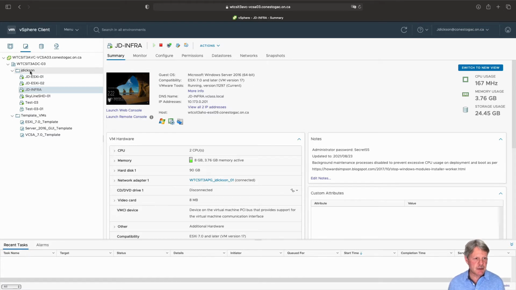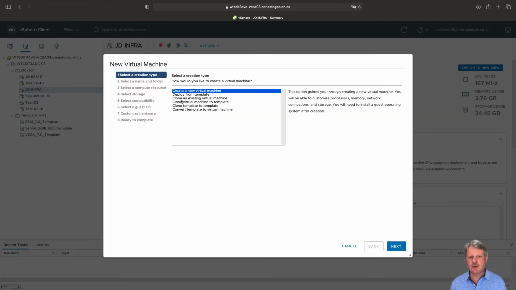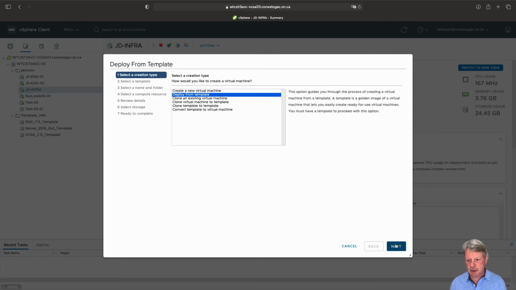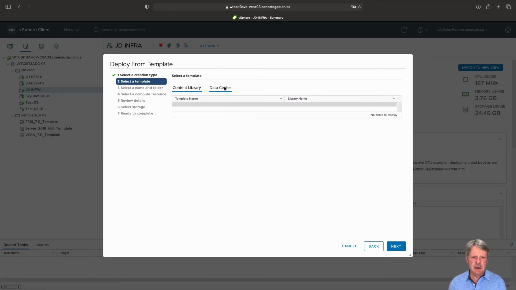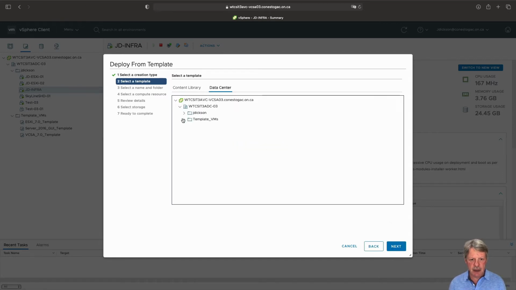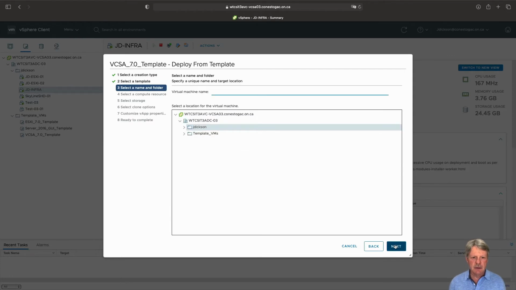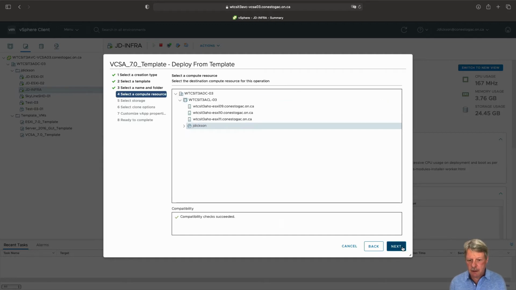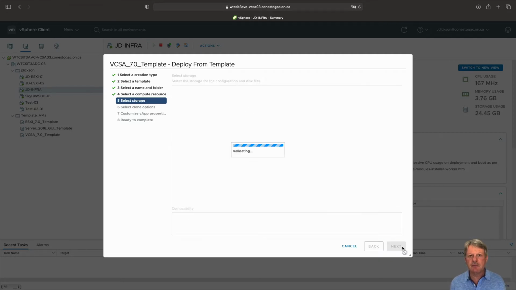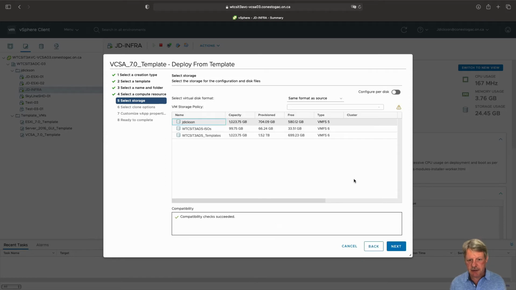So I'm going to right click on my folder, new virtual machine, deploy from template, next. Navigate to my templates and select VCSA 7. Click Next. I'm going to name this using the same naming convention we did before. My resource pool is the correct compute resource. Need to select my